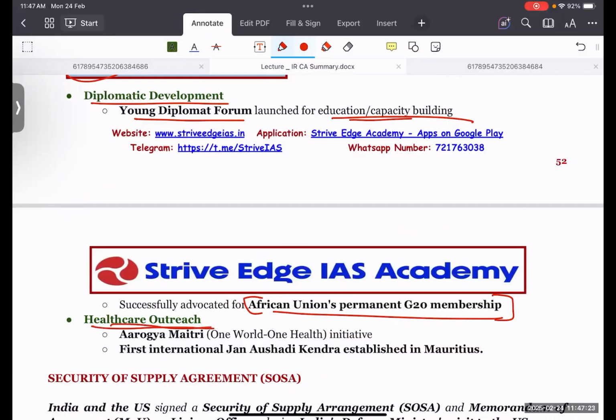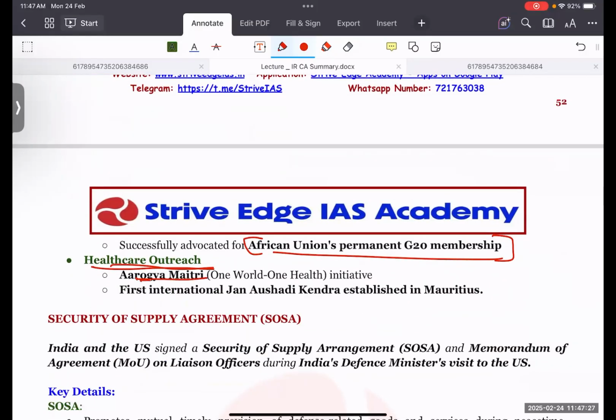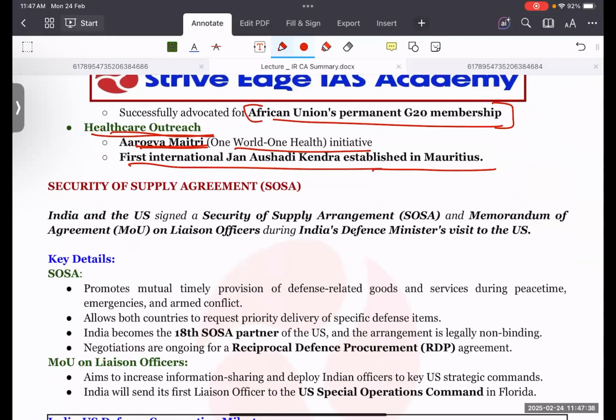Then healthcare outreach. In terms of healthcare also, we are looking for an outreach. That is the Arogya Maitri, the One World, One Health initiative. And then the first Jan Aushadhi Kendra is established in Mauritius. This also we discussed. So this is all about the Global South and India's initiative towards the Global South. Now we'll be seeing about the